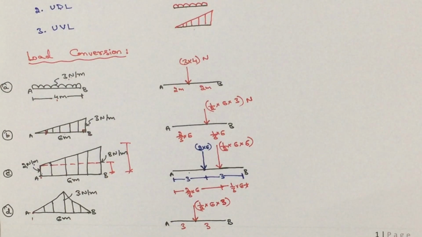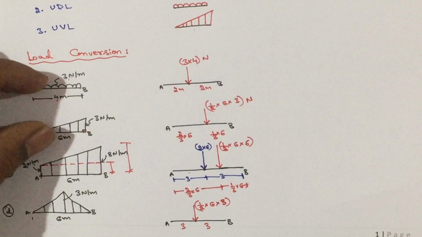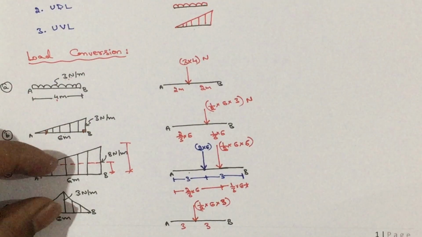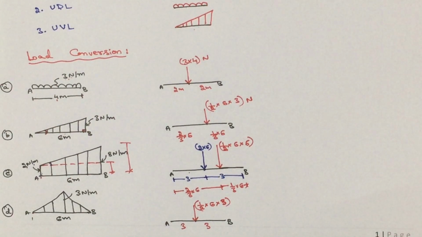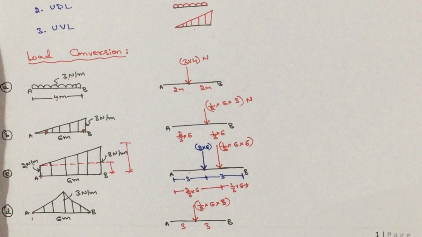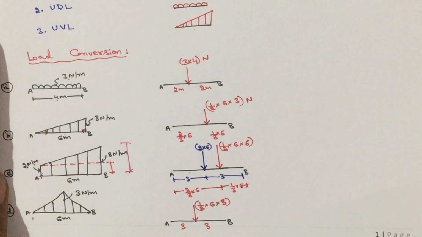These are the 4 cases you are going to get while solving the problem. These are the 2 main cases. By using these 2, we have formed other combination cases. Then, how to solve the problems? We are going to solve all the problems by using equilibrium conditions.